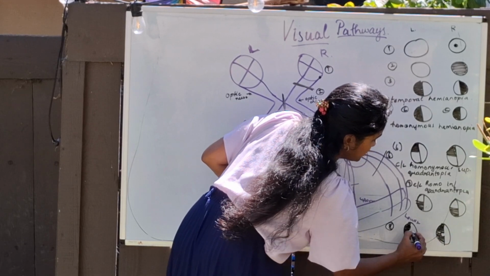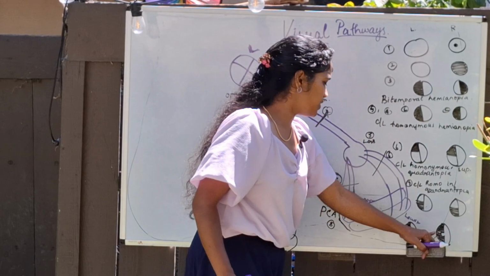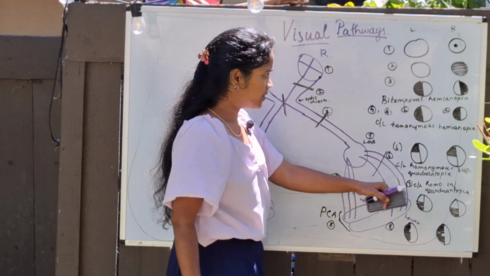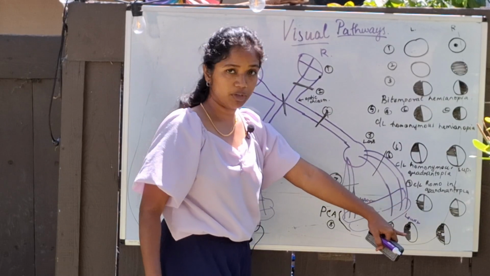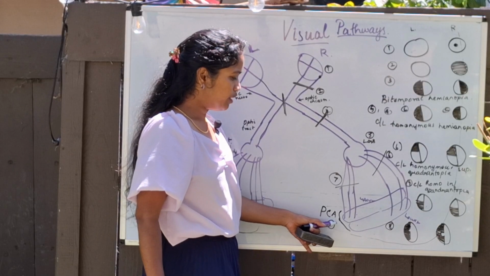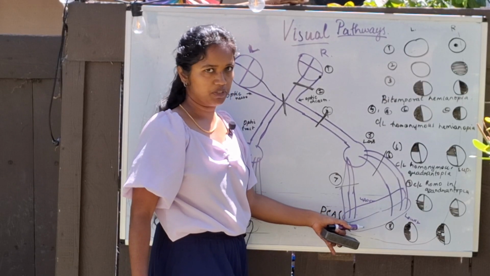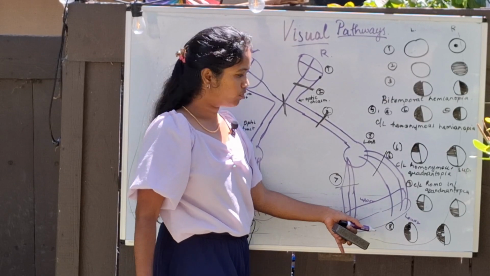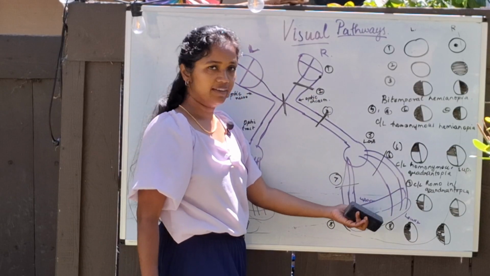So what is this area that is spared? This area that is spared is macular sparing. That is, they will have contralateral homonymous hemianopia, but with macular sparing. Why? This is because the posterior cerebral artery is what supplies the occipital lobe. So when the occipital lobe is devoid of blood, then that part from where the optic radiation